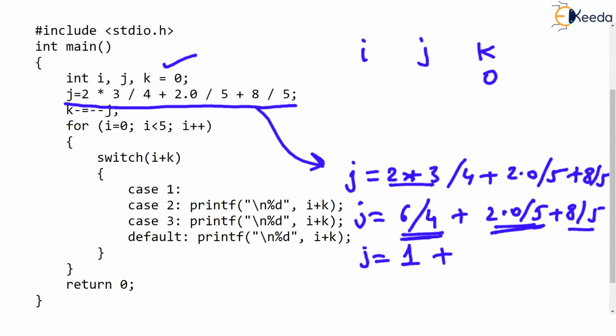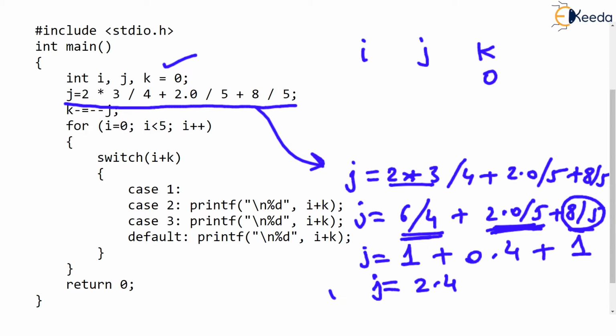Now the numerator is a float here. Although the denominator is 5, which is an integer, the numerator is a float. So this 2.0 / 5 will be 0.4. Perfect, we will get a float. And now finally 8 / 5. Both are integers, 8 and 5. So 8 / 5 should be 1 point something, but it will be 1 because that's int upon int. So J must become 2.4, correct? 1 plus 0.4 plus 1.